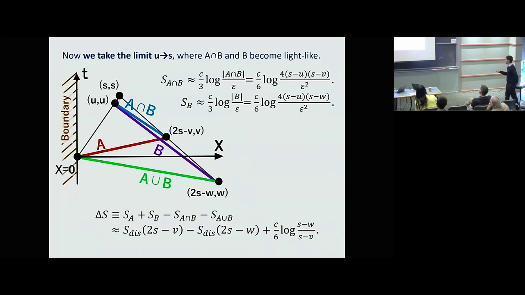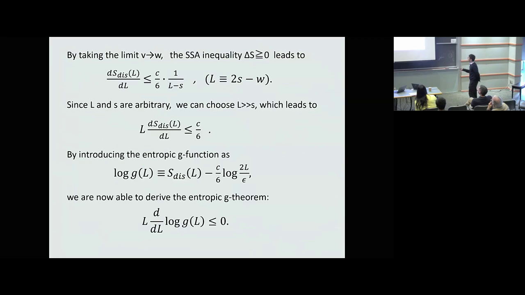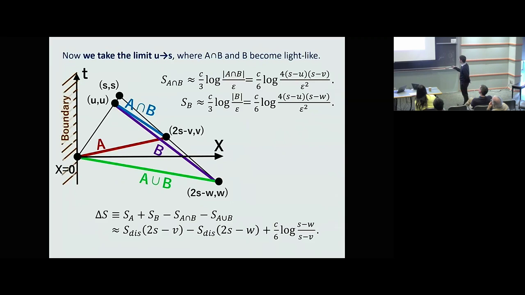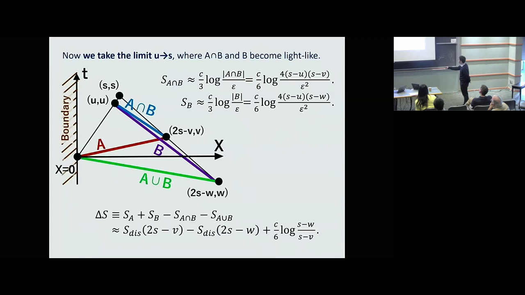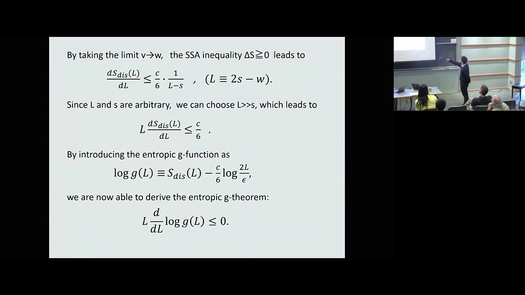So that's still a bit complicated, but we can take further limits that B equals to W, B is very close to W, so that these two guys are very close to each other, and we can take some Taylor expansion. Then this strong subadditivity, delta S is greater than or equal to non-negative, leads to this bound. But still, this is not completely enough.